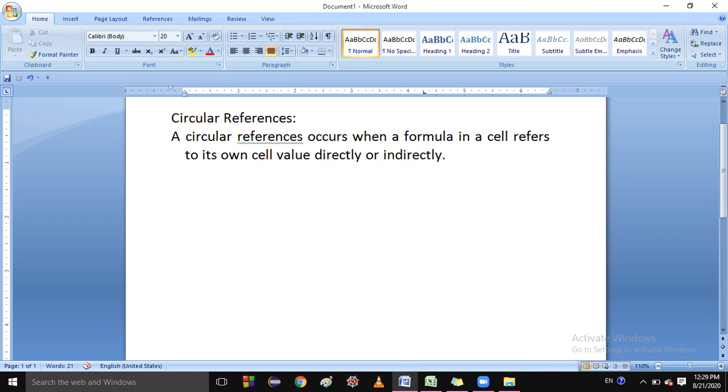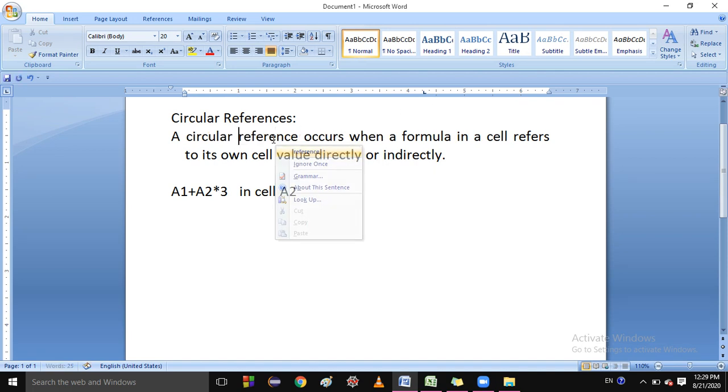Suppose I have written a formula like this one: E1 plus E2 multiply 3, in cell A2. As you are seeing, this cell reference is written in cell A2, so this formula contains the address A2.